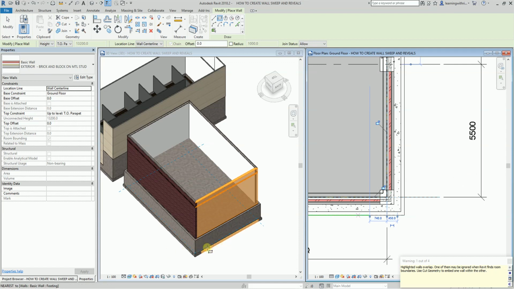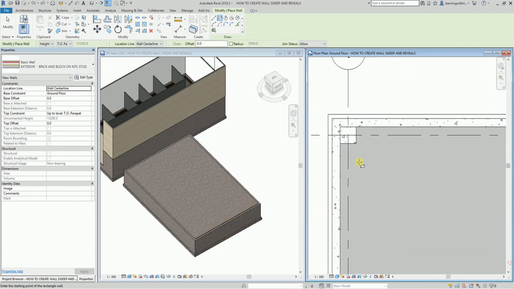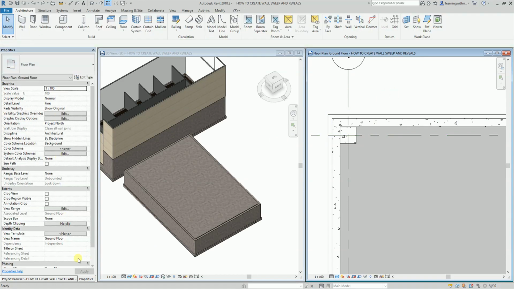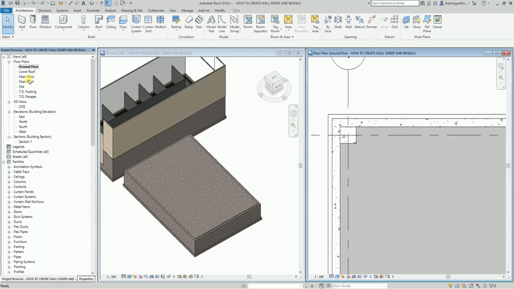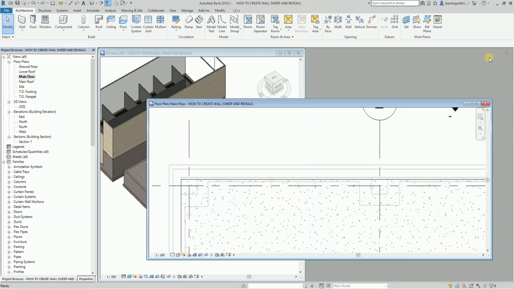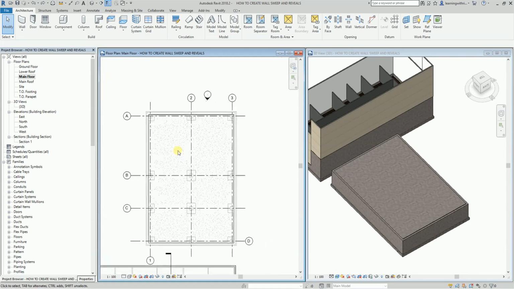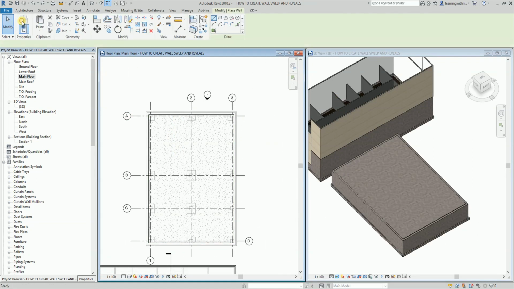Okay, so there's overlapping here. So I'm going to undo this one. I don't want that. Let me just close this. So let me change the floor plan view instead to main floor. Okay, main floor. I close this one and I'm gonna tile it again. Okay, here. So let me create the wall,